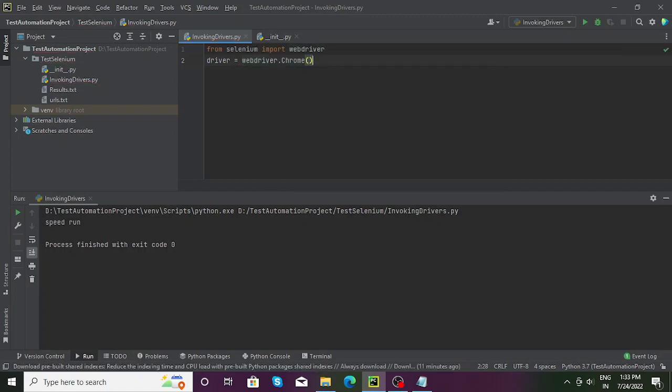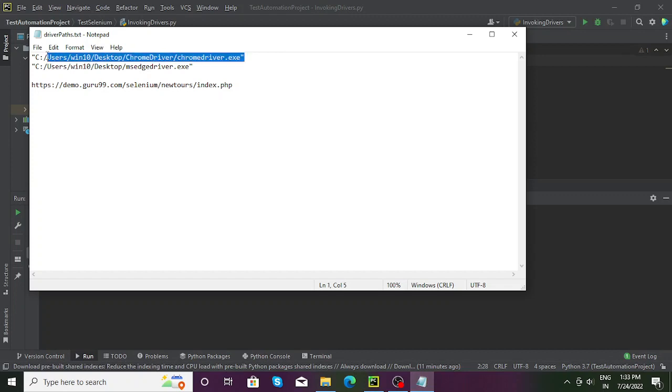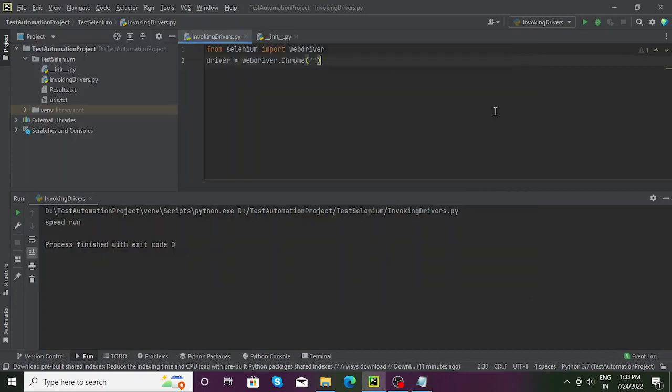We'll use Chrome. While creating the Chrome driver instance, we need to pass the Chrome driver path as an argument. So this is my Chrome driver path. I will just paste that path here. After creating a Chrome driver instance,